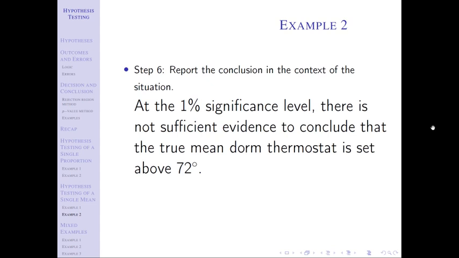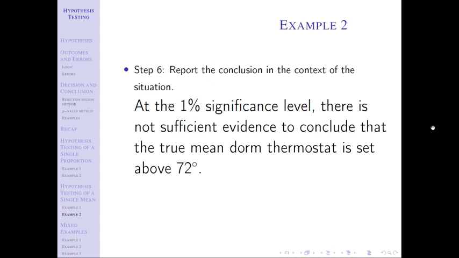A type 1 error is rejecting, but that was wrong. So when you reject, you got two options. When you decide to reject the null, you're either right or wrong, right? You cannot make a type 2 error because a type 2 error only occurs when you fail to reject and that was wrong. Well, if you rejected, you can't make that error. You can't fail to reject. You didn't decide to do that, right? And then conversely, when you fail to reject, you have two options. You're either right or you're wrong. You can't make a type 1 error because a type 1 error is rejecting and that's wrong. But if you fail to reject, you can't make that kind of error. So we can always think about what type of error we could have made based on our decision.